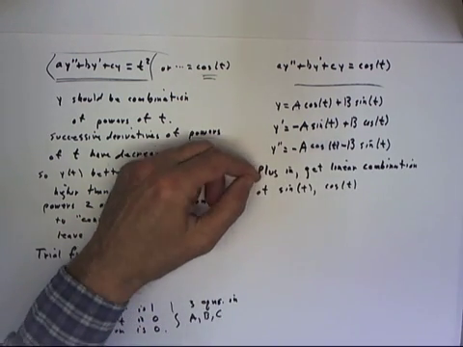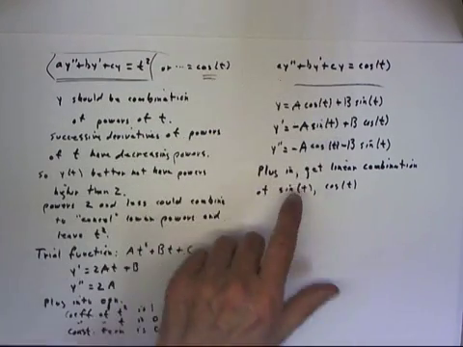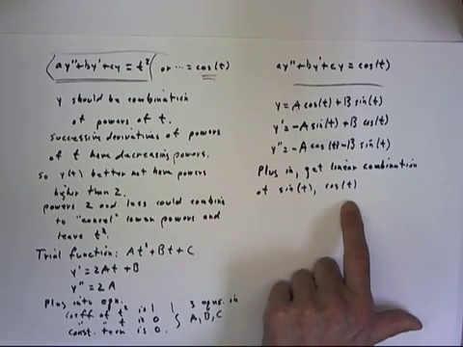So when we plug these solutions into our equation, we're going to get some linear combination of sine t and cosine